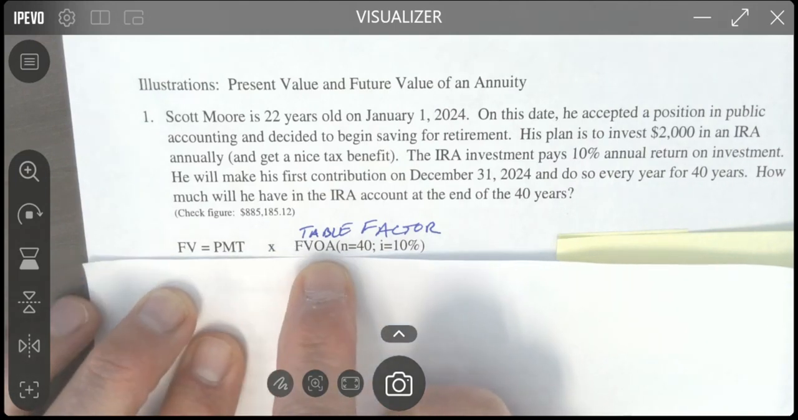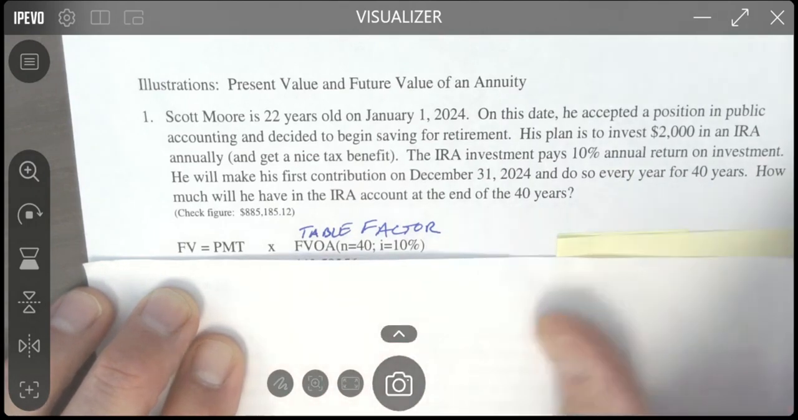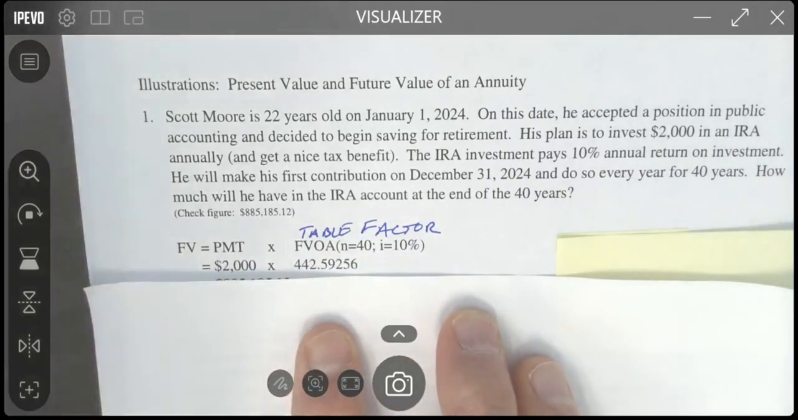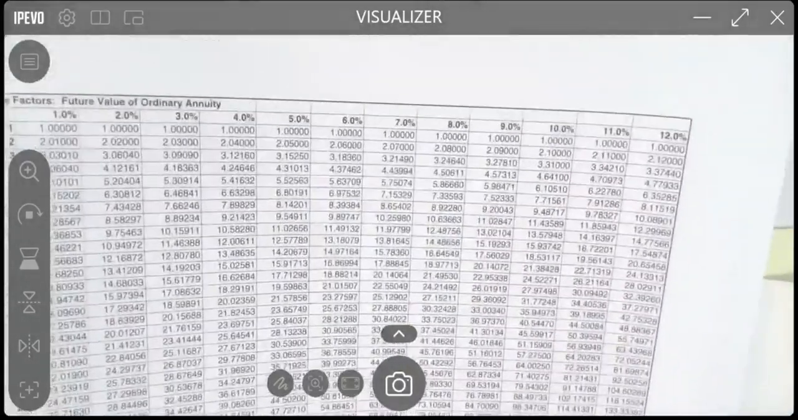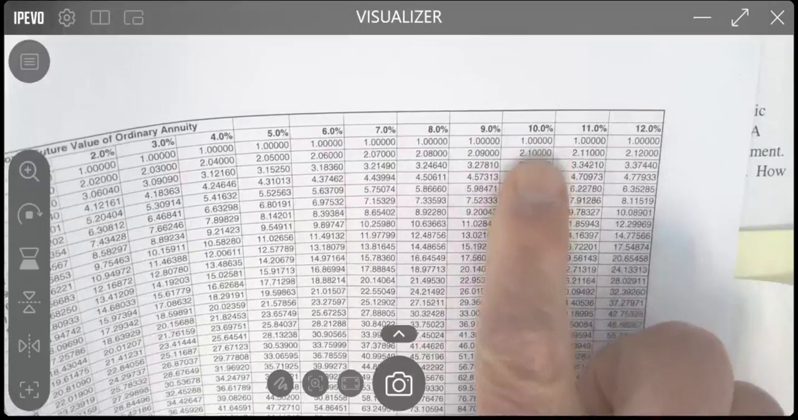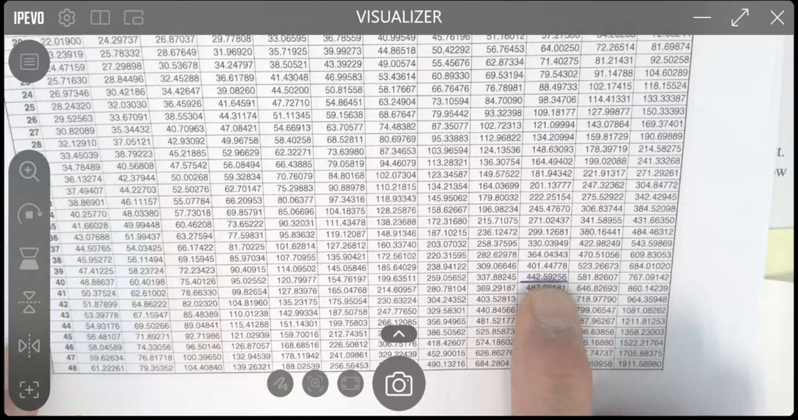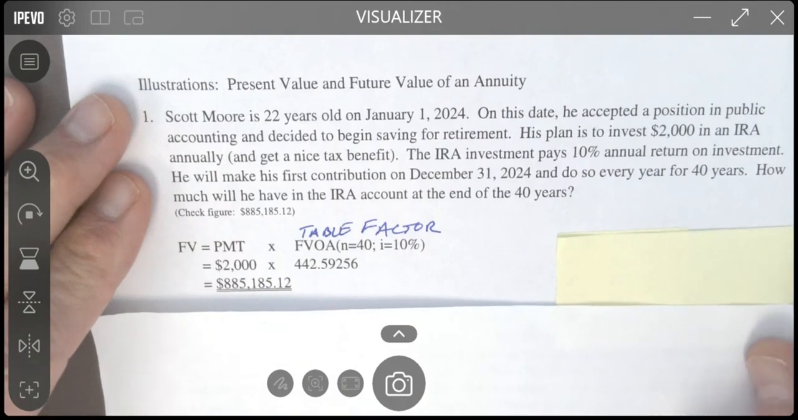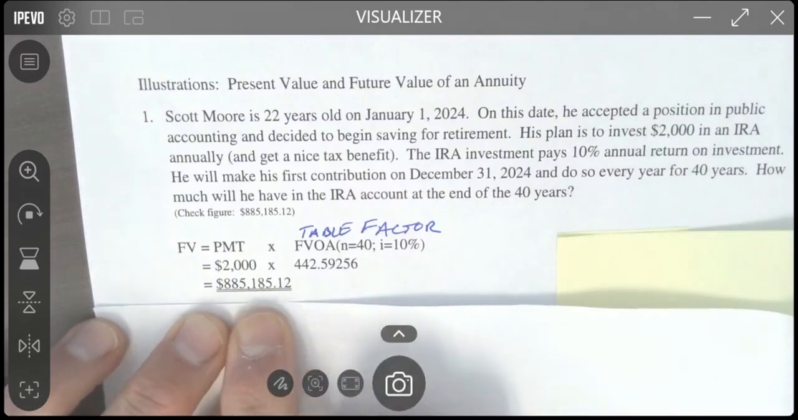So it's 2,000 times the future value of an ordinary annuity table factor for 40 years at 10%. That is 2,000 times 442.59256, and that, of course, came from the 10% column going down to the 40 years, and that value is 442.59256. And so that $2,000 payment every year is going to grow into a nice nest egg for you of